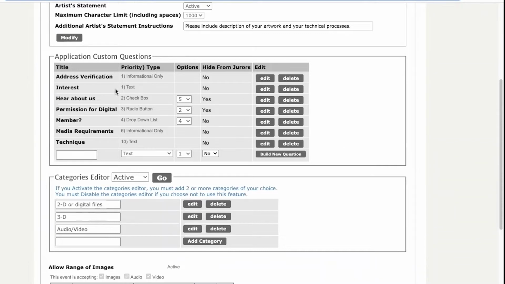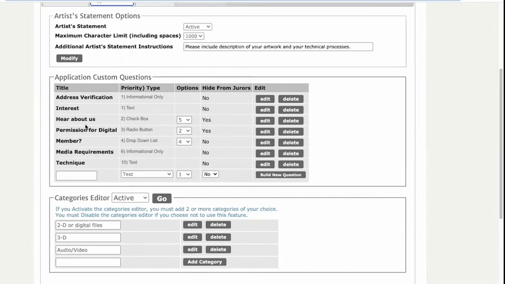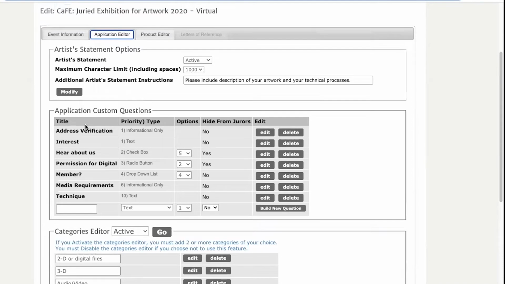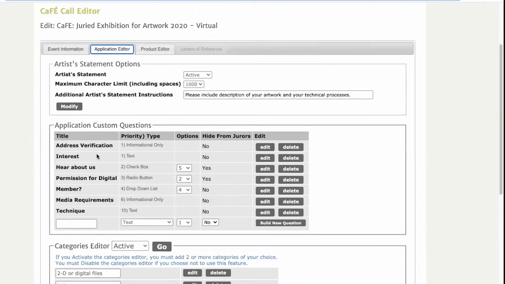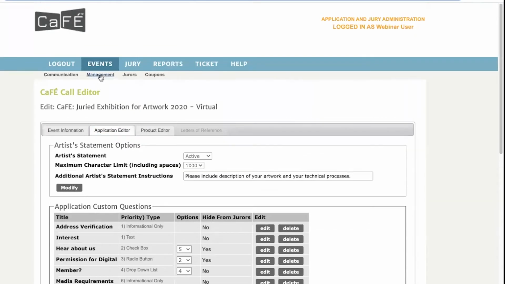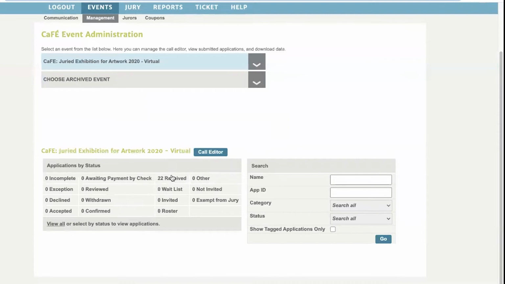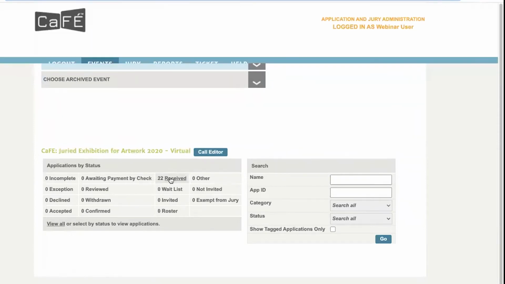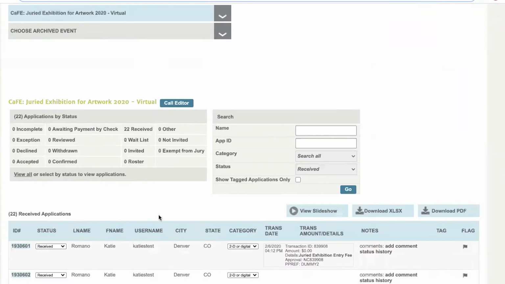But just so you know that you can include things here like the artist biography, any sale information if you do decide to do it through the online exhibition. Any of these custom questions can be built for information that you'll need later on when creating your labels or creating your online gallery. To collect this information after you've gathered it here, you'll go to the Events Management tab, select the work or the status that you need. You could also click View All.